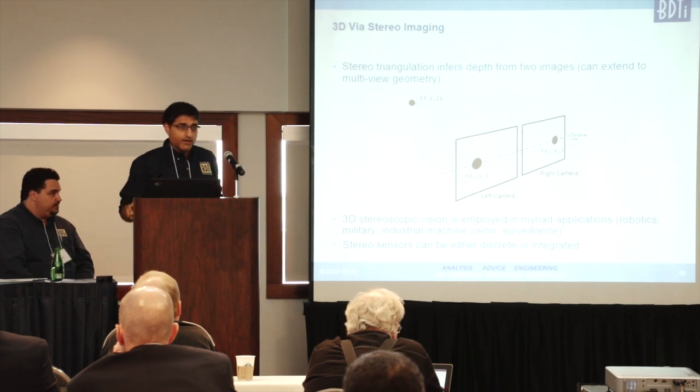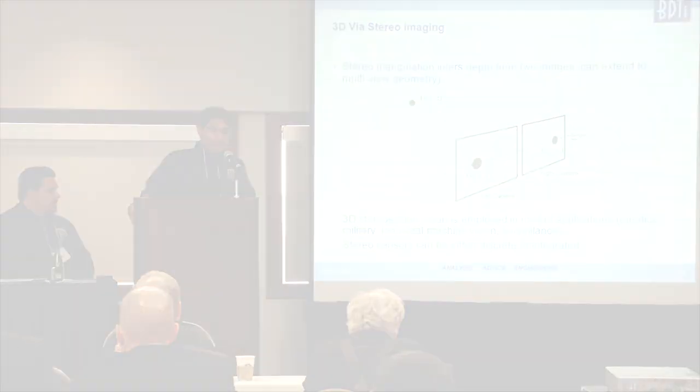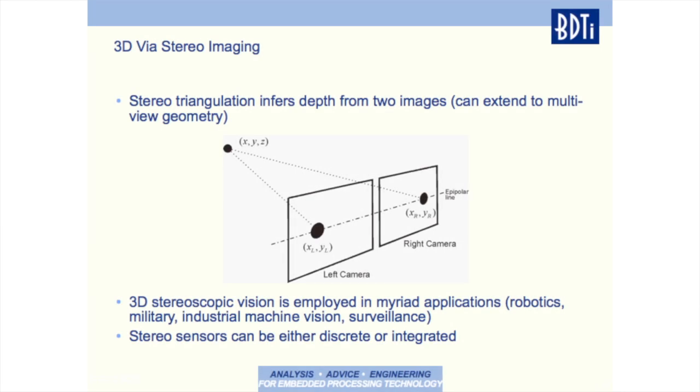So the next type of 3D sensor is stereo. And the principles behind stereo have been around for over a century. And the basic concept is to use triangulation. We use two sensors, and we use triangulation to infer the depth from the same image that's imaged from two